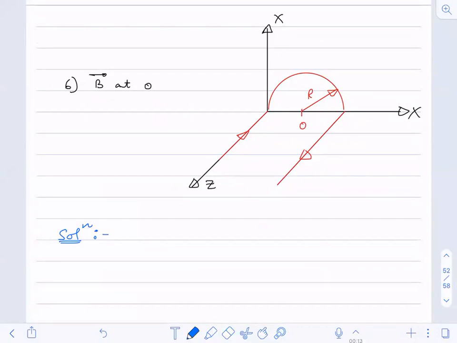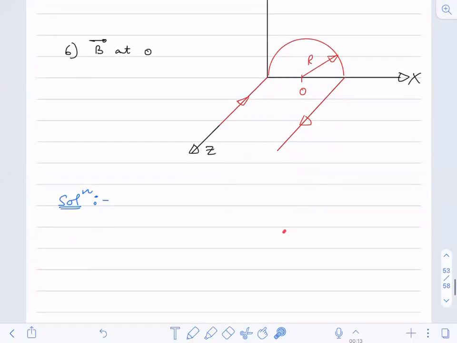First, tell me which case it is. Is it an infinite case, or a semi-infinite case, or a finite length wire? Which case is this for these two wires, for this wire and for this wire? Is this an infinite case or a semi-infinite case or a finite case only? Yes, semi-infinite case. Very good. Semi-infinite case. Fine. Okay.